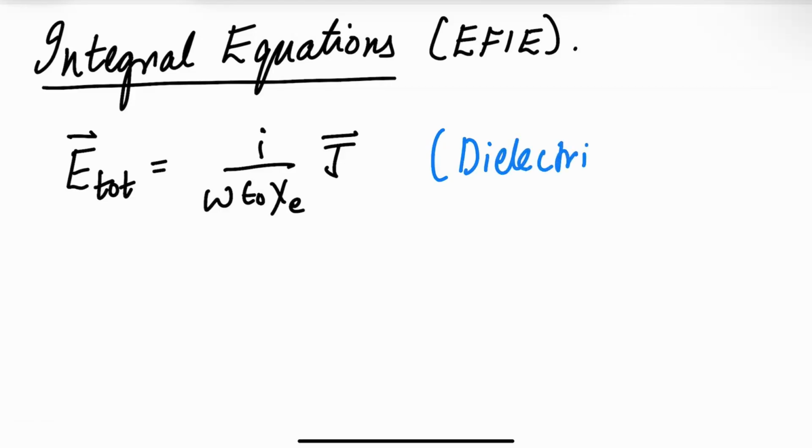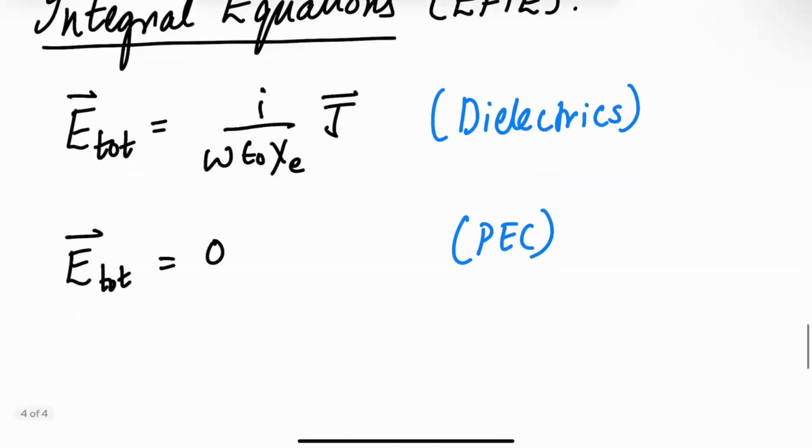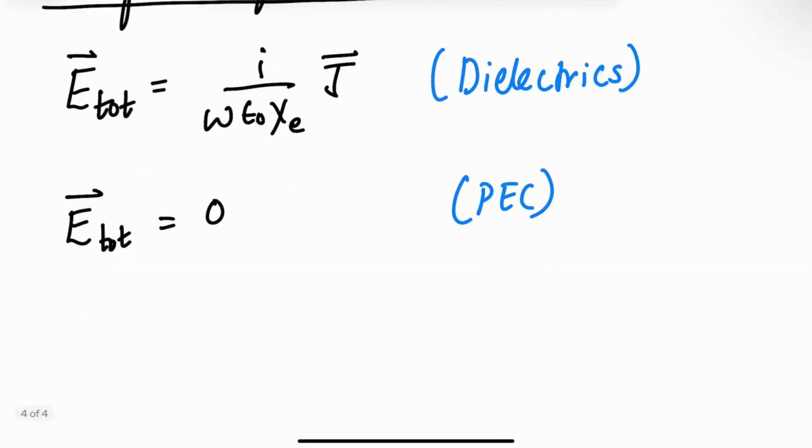It's a volumetric current everywhere in space. For PEC, the relationship between E and J is nothing but 0. We know that for a PEC, the total field is 0. Okay? So in general, I can write